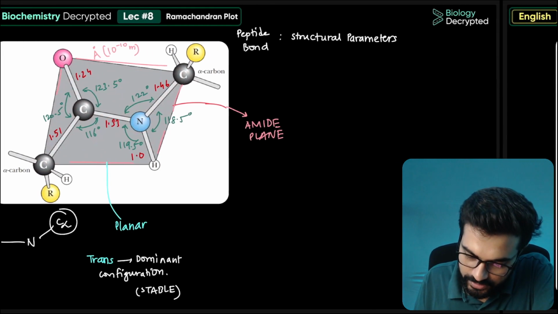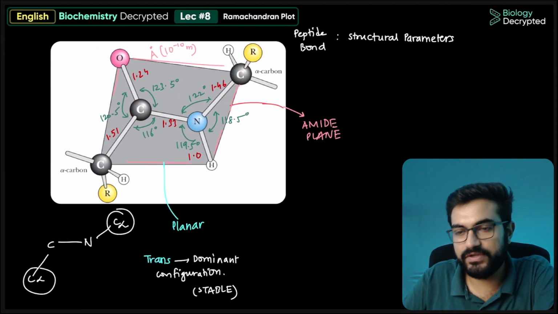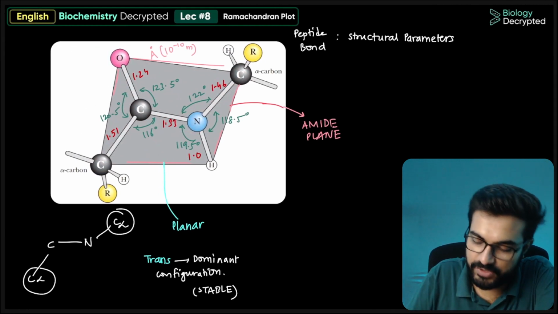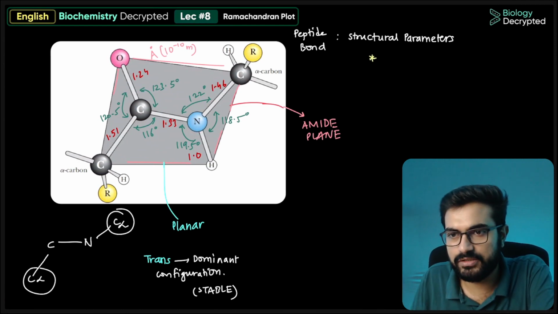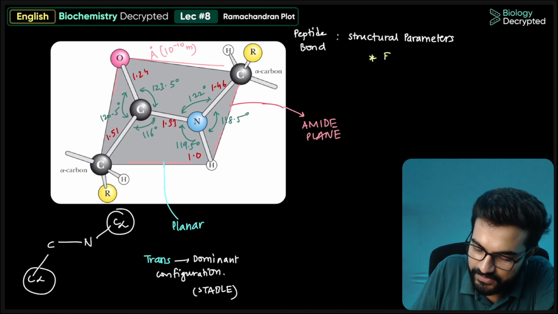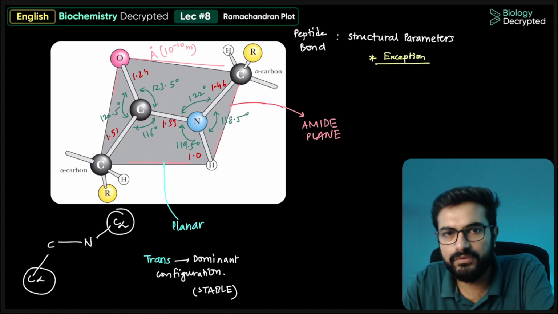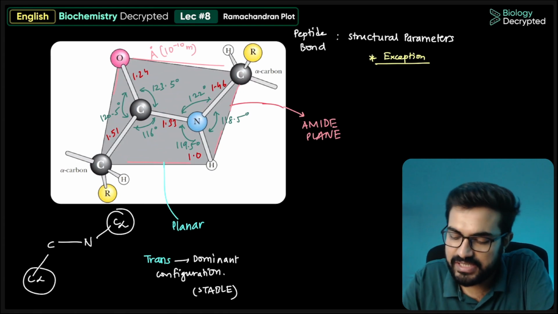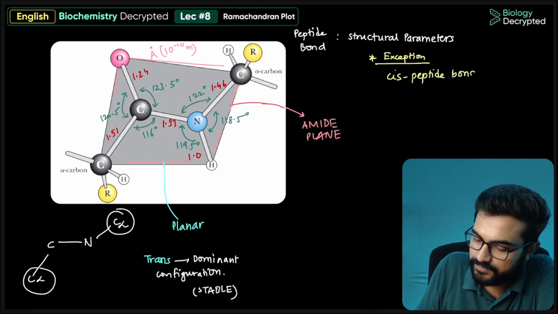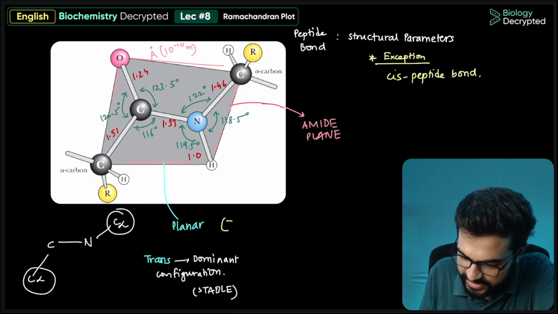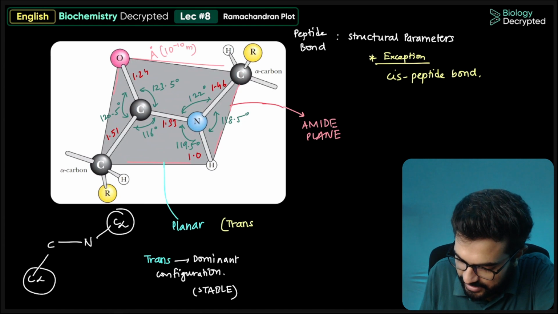Now, there is another configuration possible, and this is kind of an exception, but it is not that it is completely not found. It can be found. Generally it is not found, but yes, it can be found in some cases. So this is the presence of the cis peptide bond. We have already seen this one. This is the trans